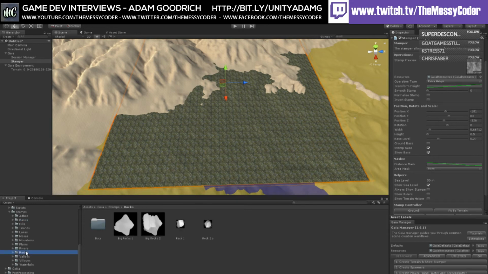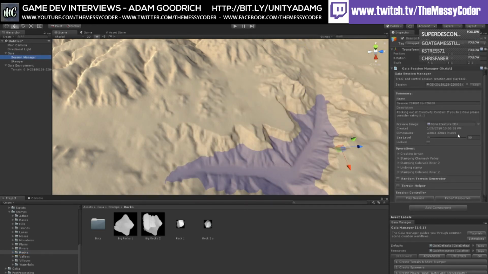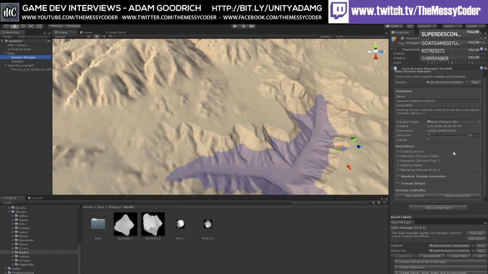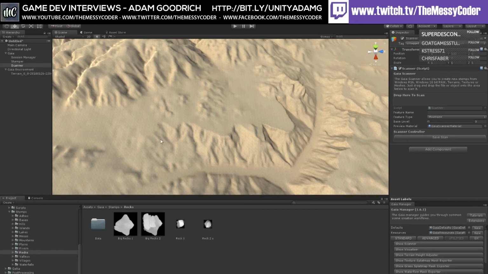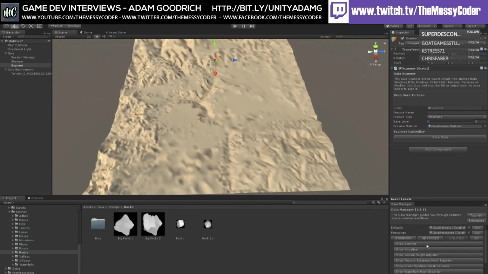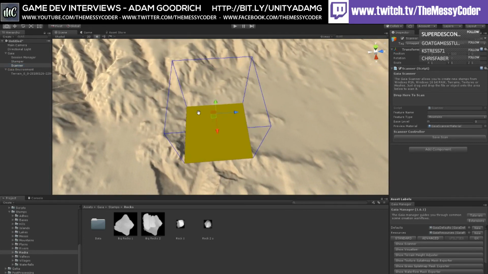Okay, so these stamps here, I used Gaia. Go into the Gaia manager, and I'll just show you something very, very cool. Where's it gone? There we go, down the bottom there. So the actual Gaia manager itself, not the inspector. Leave all that. Yep, cool. So under advanced, actually it's probably under utilities. Yeah, under utilities, go show scanner. And then just double click to find it. It's already there. I remember you. So this scanner,